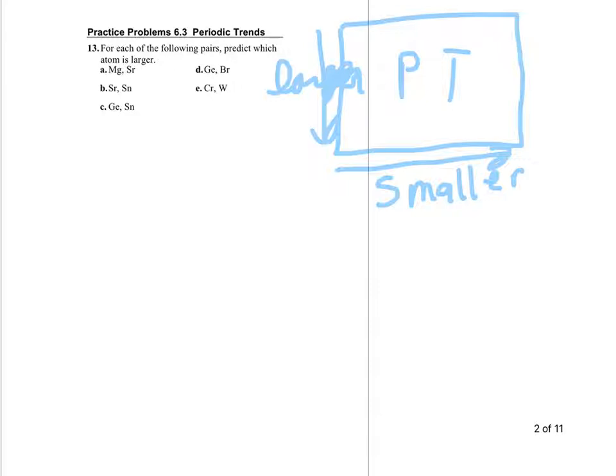Looking at your periodic table, you find magnesium and strontium. Magnesium and strontium are both in group 2. Strontium is lower in group 2, so strontium is the larger atom. B, we got